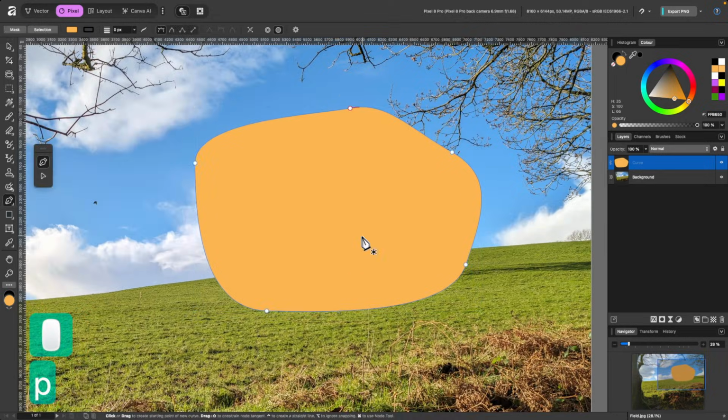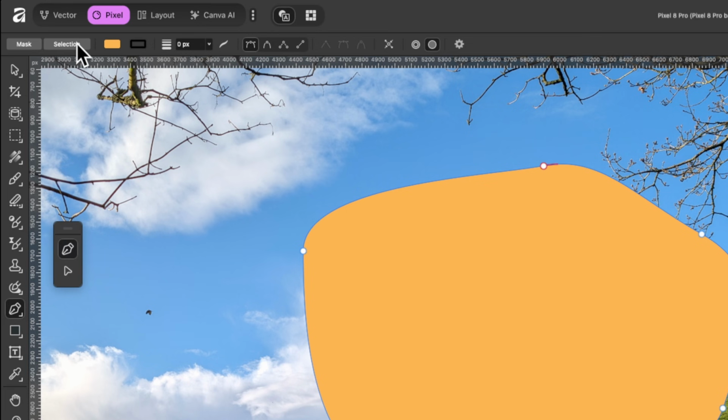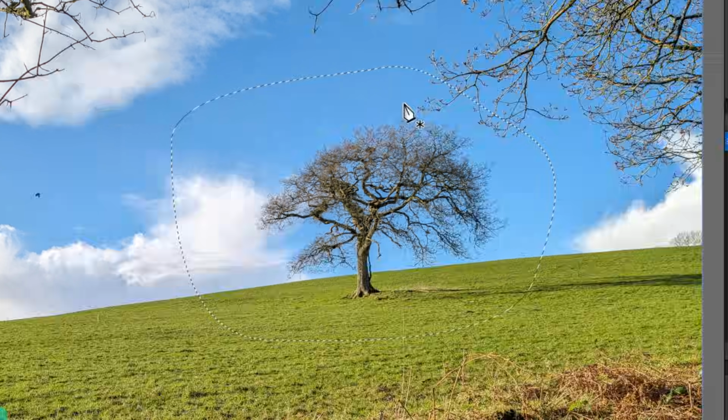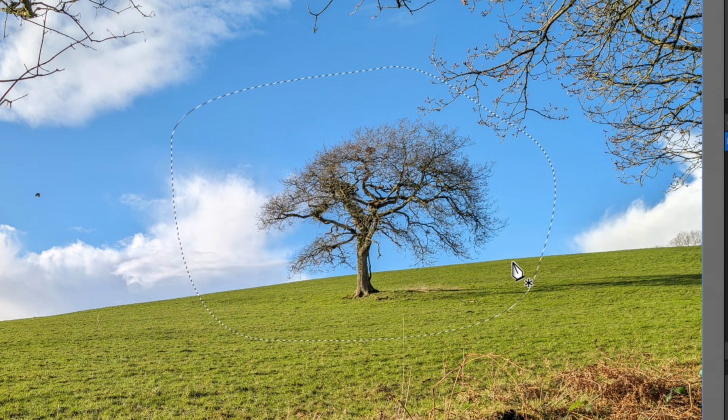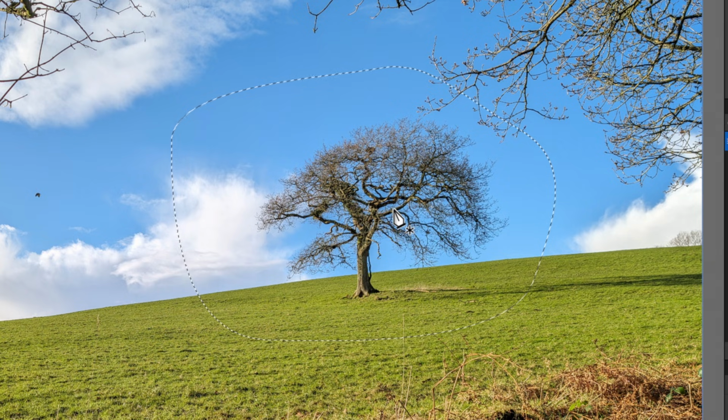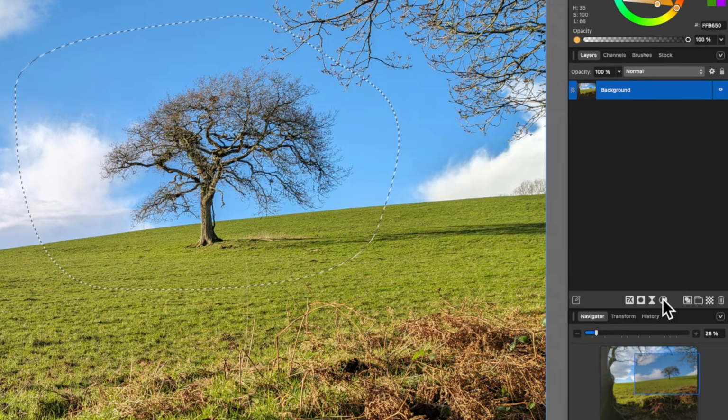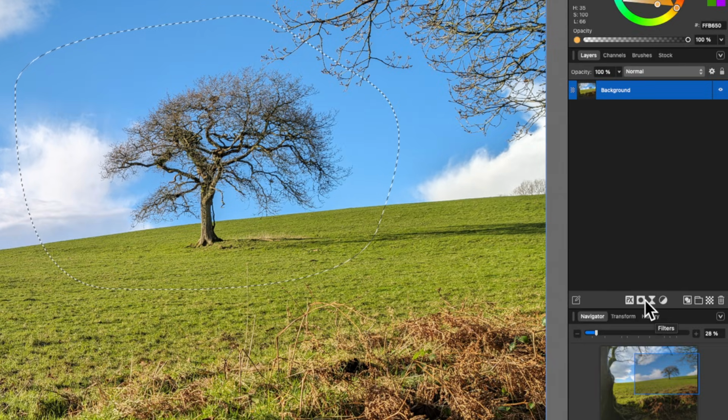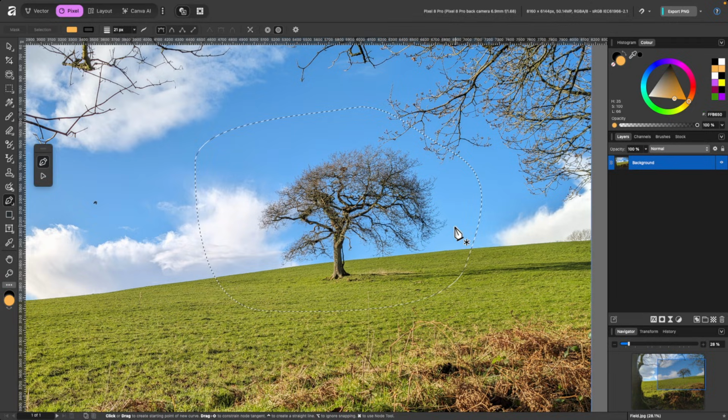And this time, using the pen tool, we'll go ahead and click on selection. So when I click on selection, you can see we have these marching ants just like I showed you earlier on in the tutorial. And from this point, you can go ahead and add an adjustment or a live filter, or you can click on the mask layer there, just like I showed you before. And to get rid of these marching ants, you just press Command D on the keyboard and that deselects it.